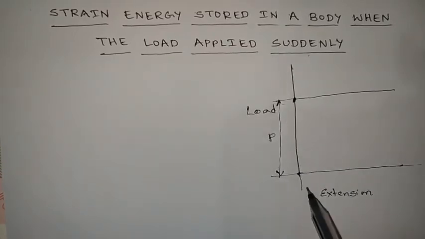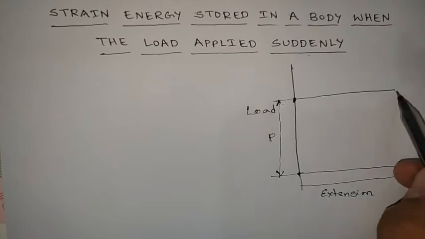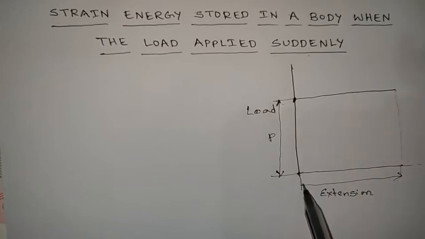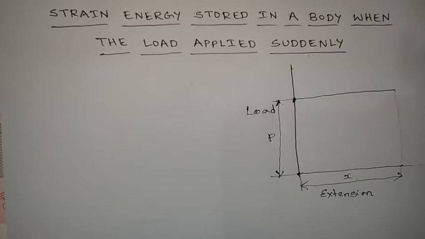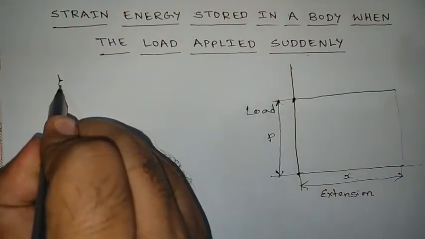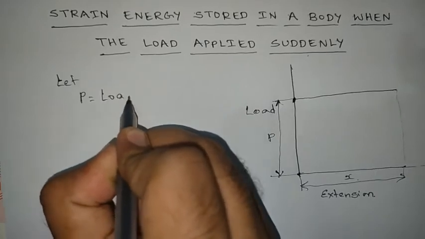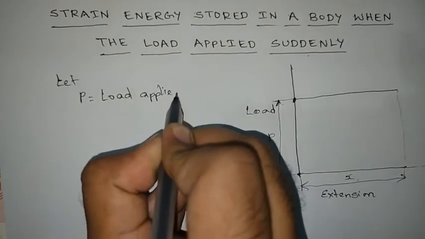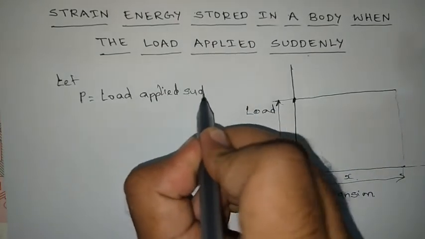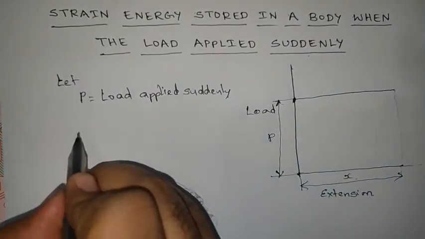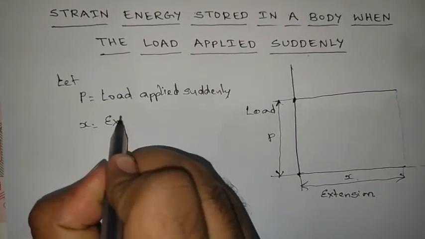because of this suddenly applied load, the extension caused is X, right? Here I am also assuming some terms. Let P be the load applied suddenly, and X is the extension of the body,